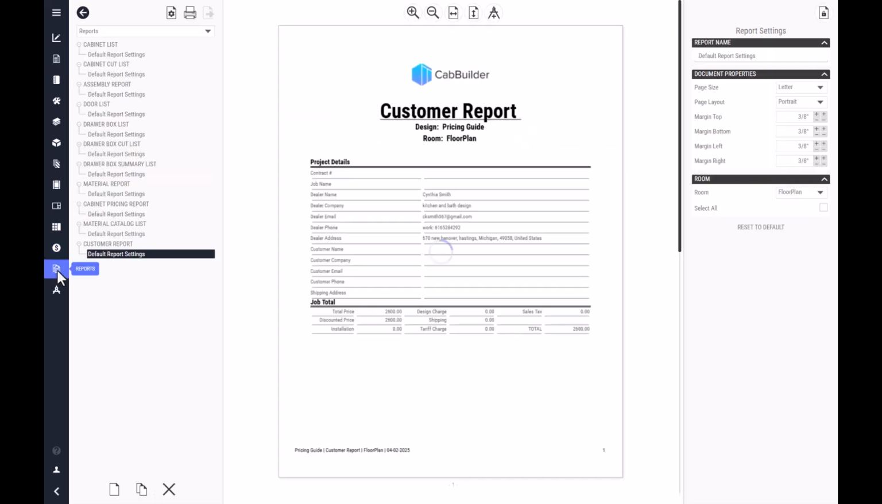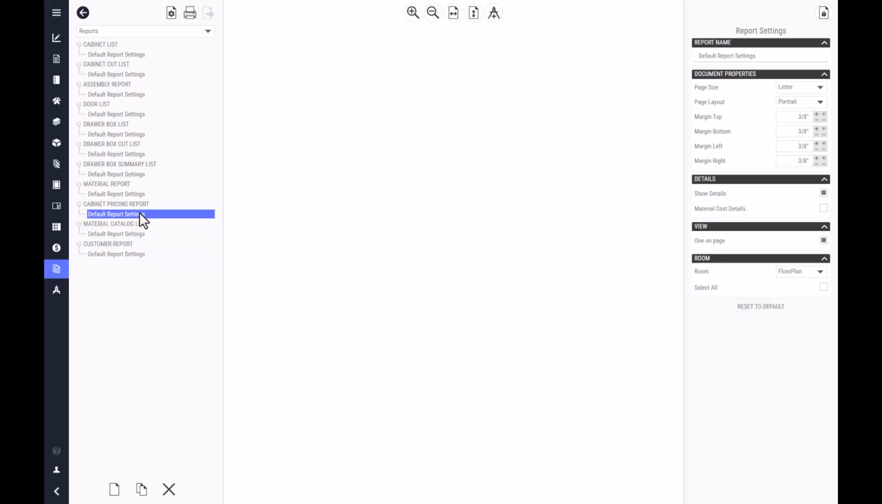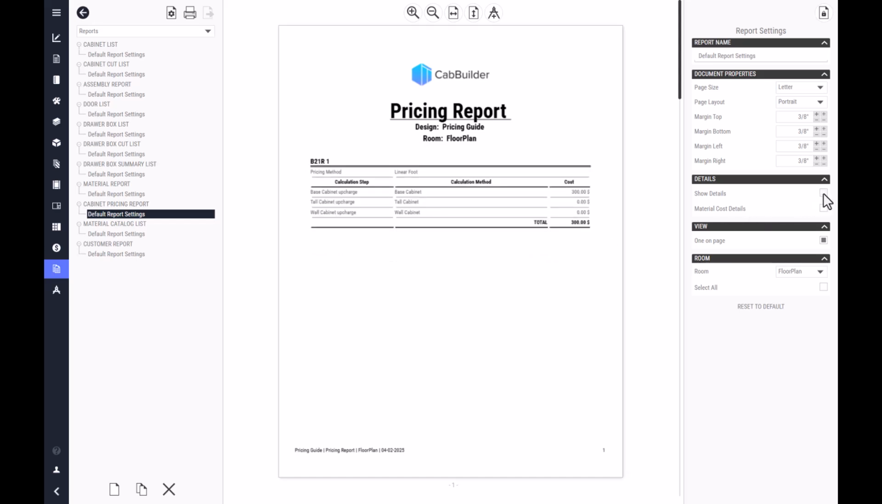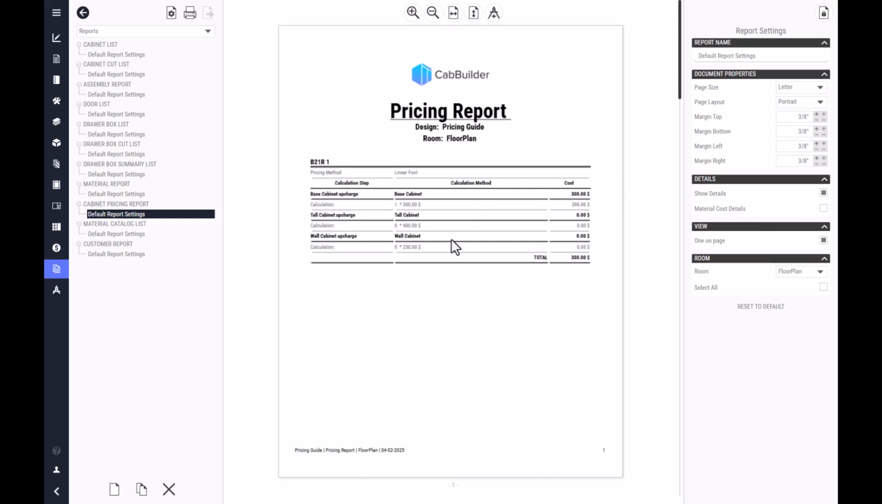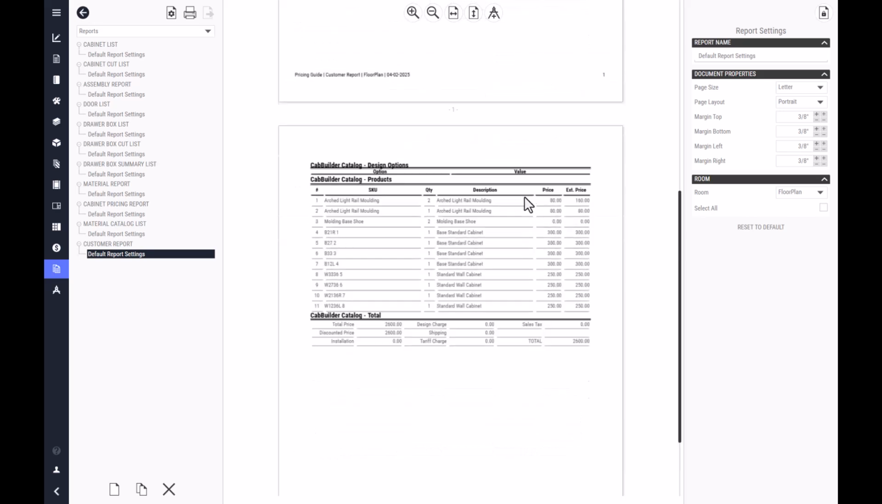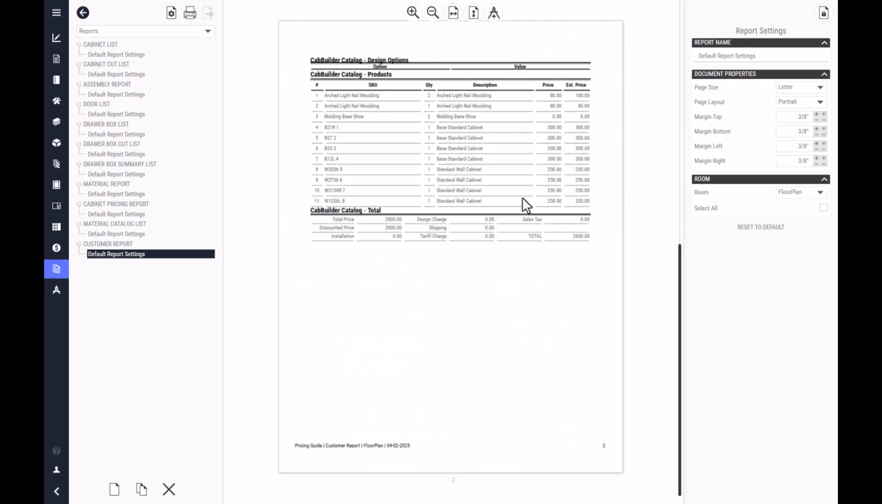One useful document is the Cabinet Pricing Report. This shows how each cabinet's price was calculated, table record by clicking Show Details in the report attributes. The customer report has several pages, the first of which shows general design details. At the bottom of this page, we also see a table which gathers all the pricing info from the design